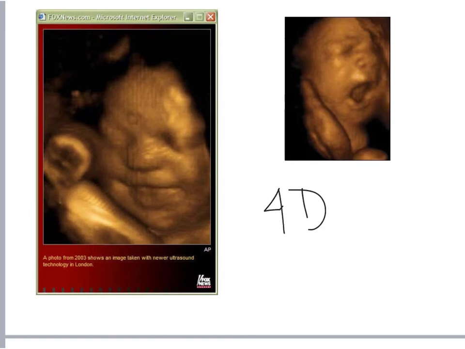I don't know what the 4th dimension is, but it certainly is cute if you look over here at this one yawning. But it's a great way to diagnose certain developmental and physical problems. We also have something called amniocentesis, where we can go in with a needle through the abdomen of the pregnant mom and take some fluid from the amniotic sac, which contains cells from that developing fetus, and then analyze those